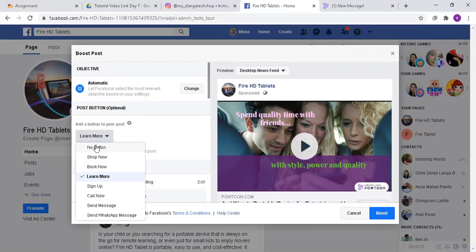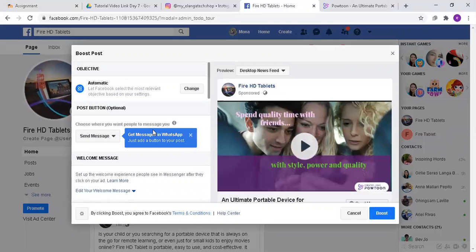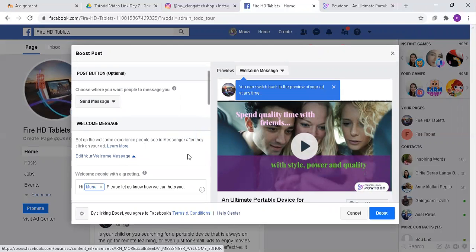Since I want to automatically answer my audience, I just have to choose send a message for easier connection. And also, below, I can edit the welcome message.